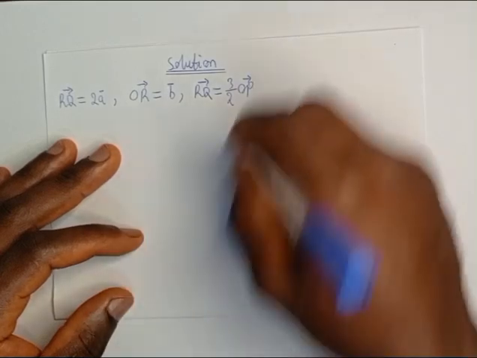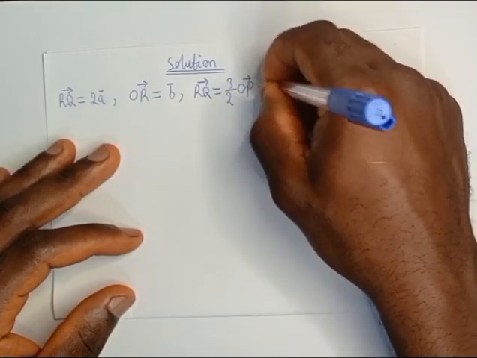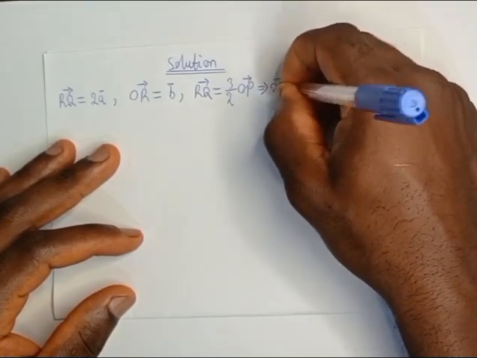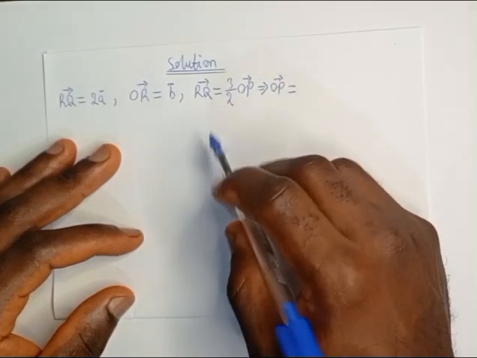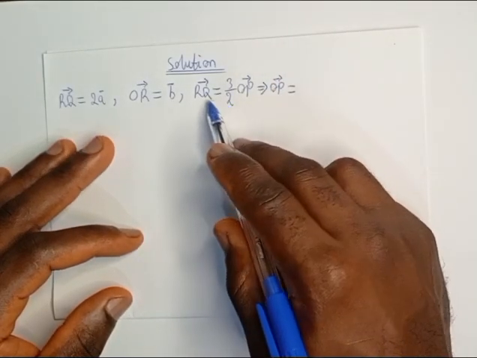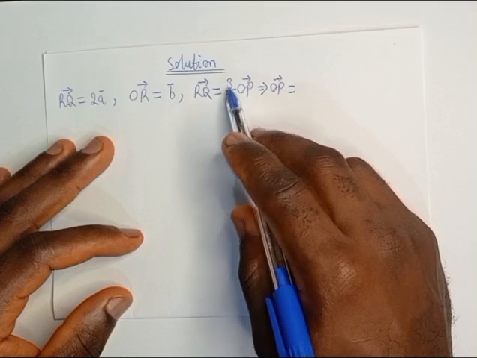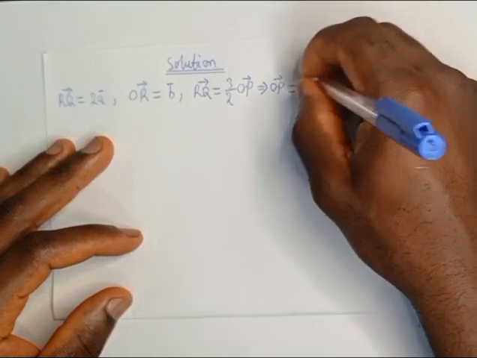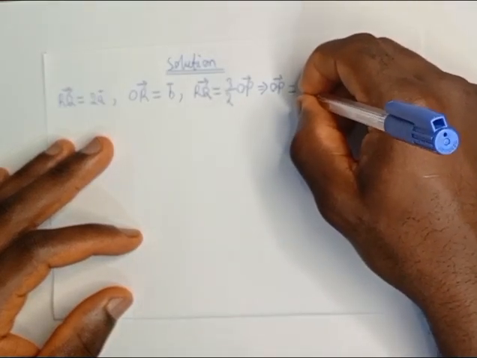Making OP vector the subject of the formula, OP vector will simply be equal to, we divide both sides by 3 over 2, and this will give us 2 on 3